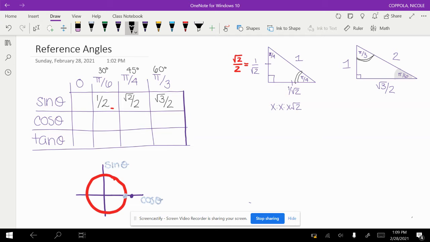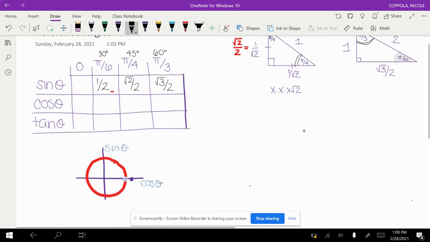Now, for sine of 0, we could do it a couple of different ways. You can look at the unit circle, and here's 0 degrees. This is the point (1, 0). X is cosine, y is sine. So my sine in this case would be 0. I could go back the other way as well, filling these in. So the cosine of 0 would then be 1. And then following all of my little tricks, using my special right triangles,